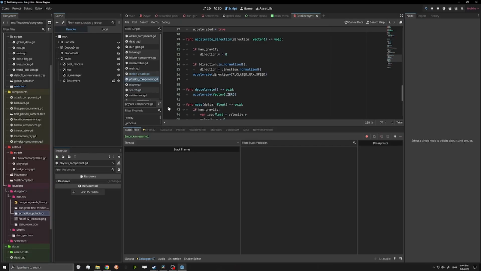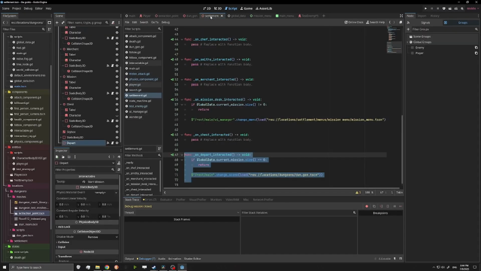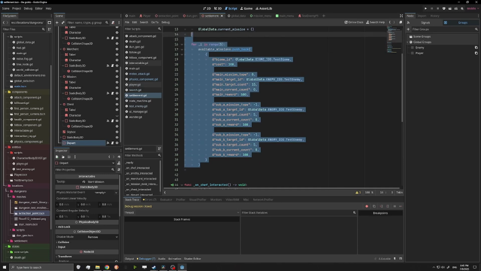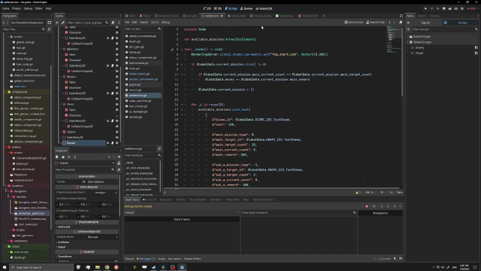How missions are instantiated at the moment is not how it will be forever at all. They're instantiated in the settlement, so once you load into the settlement, it'll generate new missions. Some missions will have sub missions. The current ones don't, and they have a cost and then a reward for either the main mission or the submission. Oh yeah, they have a reward, and it is then checked